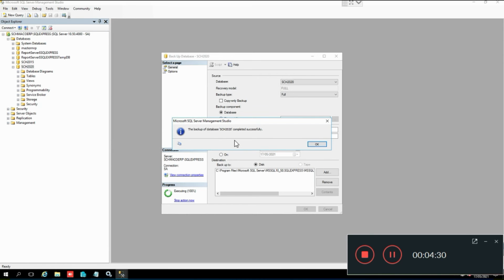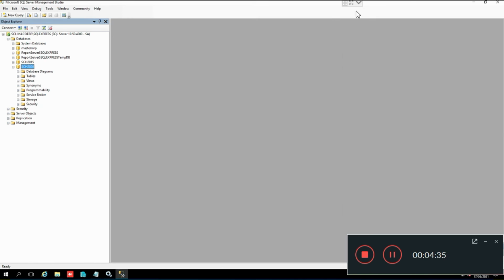Once the backup has completed successfully, press OK. Then you may close this